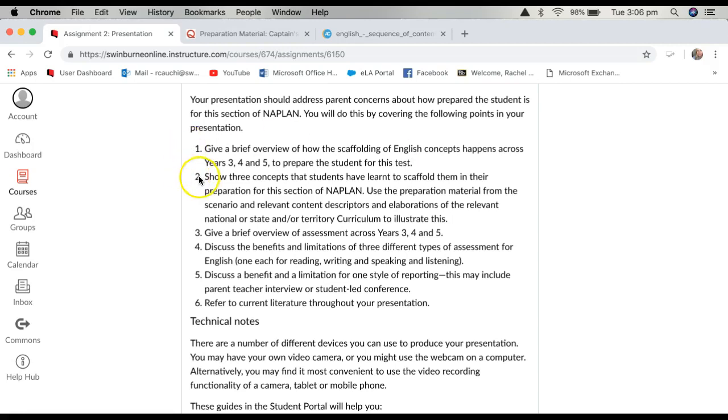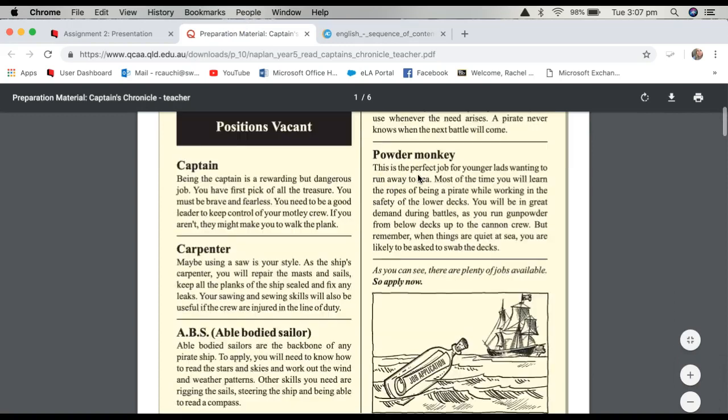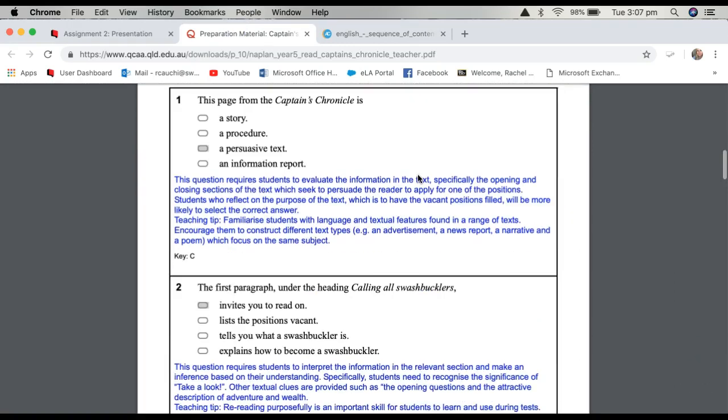When we have a look at number 2, we need to show 3 concepts that students have learned to scaffold them in preparation for this section of NAPLAN. Use of preparation material from the scenario and relevant content descriptors and elaborations from the relevant curriculum to illustrate this. So this is where I'm going to spend a bit of time actually looking at Captain's Chronicle. So this is what the students would be given to